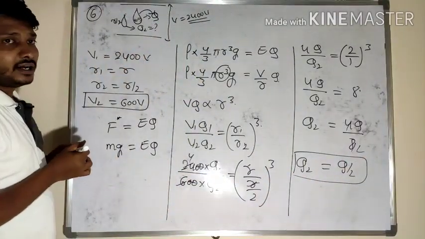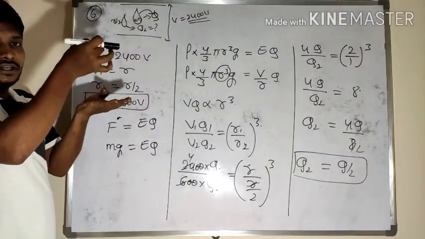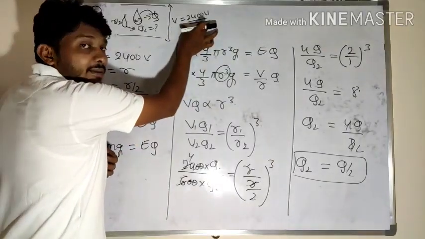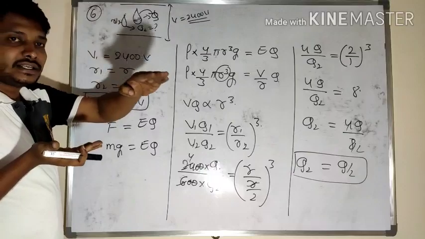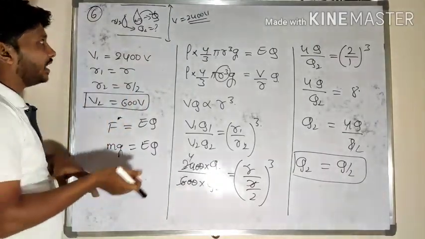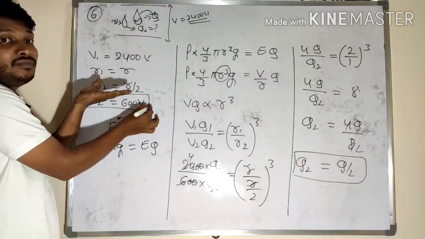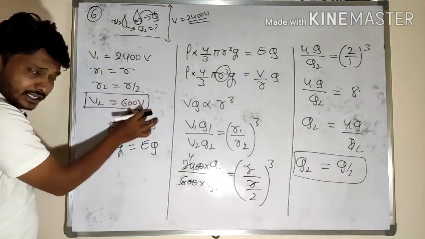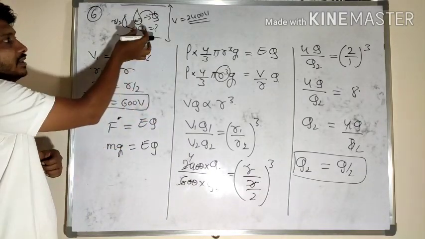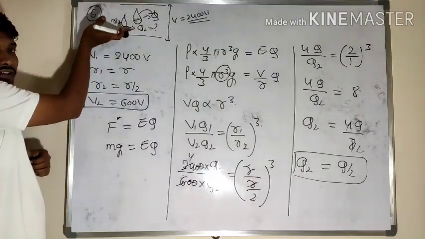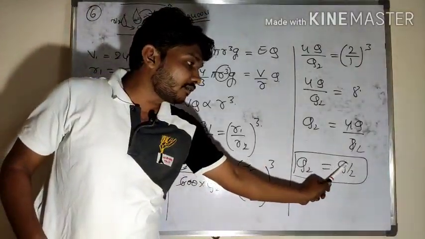So look here, in that question they mention one oil drop. That oil drop is stationary. In order to make it stationary, initially I am providing 2400 volt potential. Now I am decreasing its radius to half of the initial value. Then how much potential do I need to provide in order to make it float, or make it stand here? That is 600 volt. So if that 600 volt is provided, then this charge is held stationary. Then what is the magnitude of this charge? The magnitude of that charge is half of the initial one.